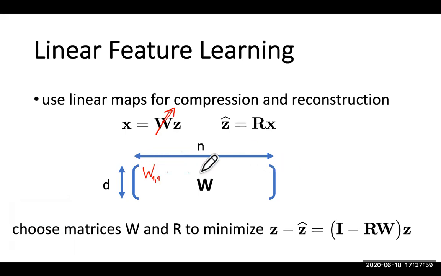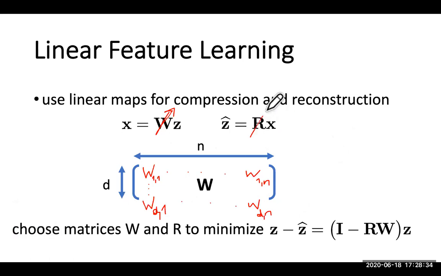So here we have the first row of the matrix, W1N. And here we have the first column of the matrix, WD1. Here we have the final entry, DN. Sorry. So, and then in linear feature learning, we want to find the matrix W and an